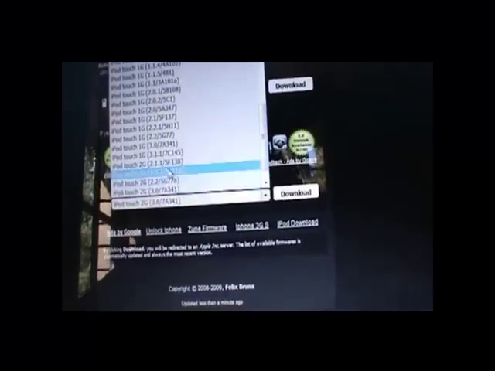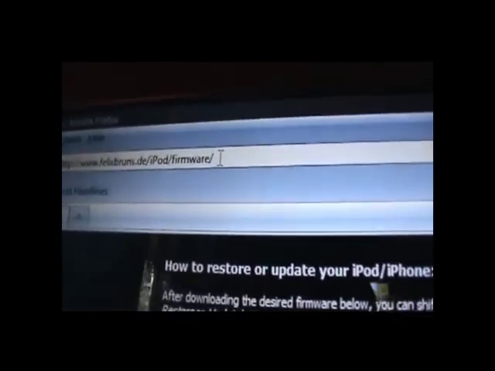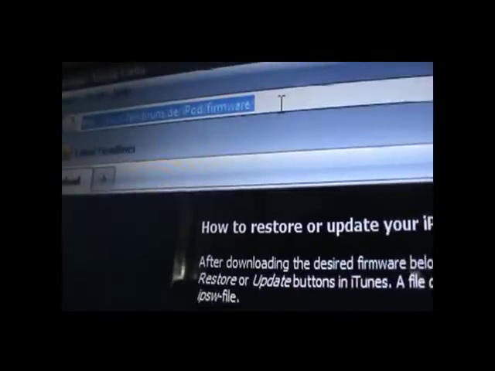So first thing you want to do is download the iPod Touch 3.0 firmware, and I currently have the iPod Touch second generation with me. But if you can find the original iPod Touch 3.0 firmware somewhere in your computer, you want to bring it to your desktop. If you can't find it, you want to go to this website, which I'll put in the description,